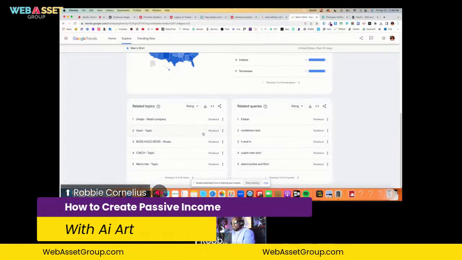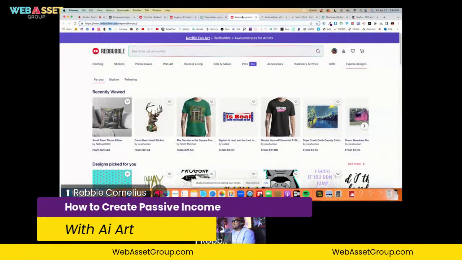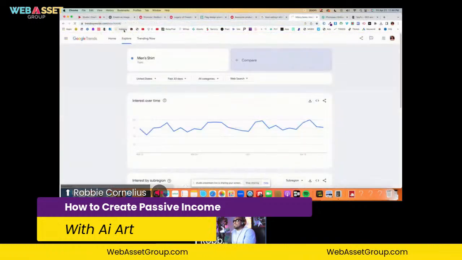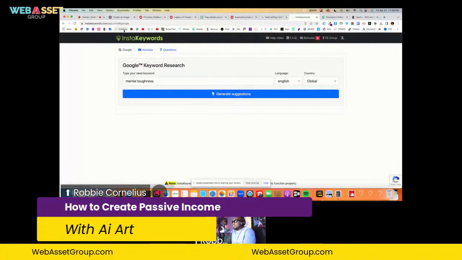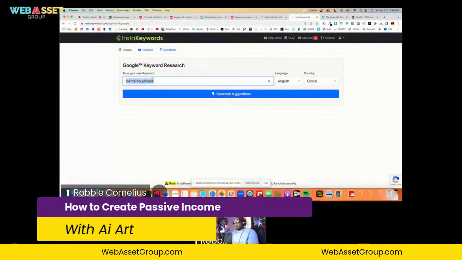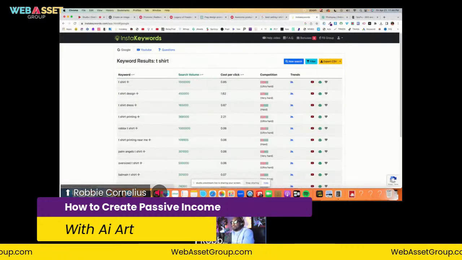So let's see. Oh, you know what I want to do? I'm going to go to this other software that I use called Insta Keywords. So now I'm going to type in the word t-shirt, hit enter, and it's going to show me.